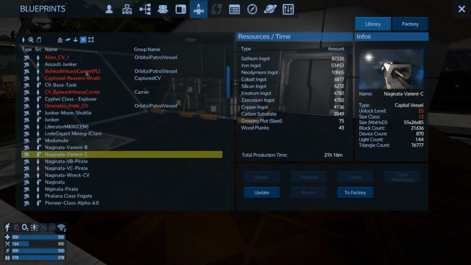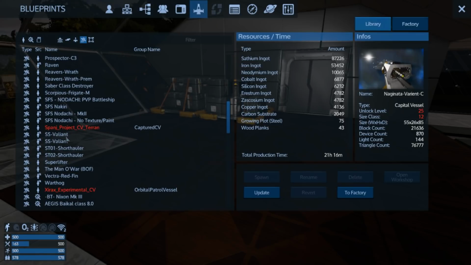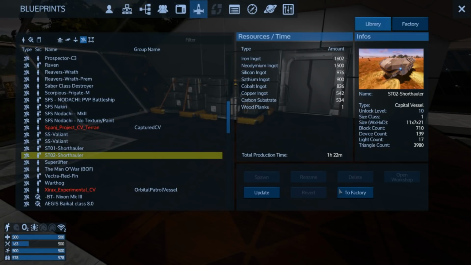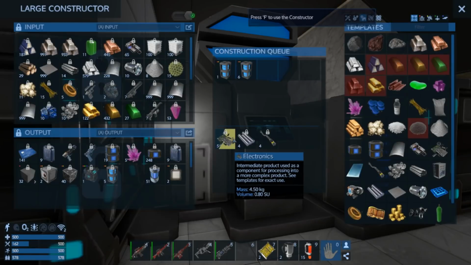Let me see actually. Can I afford... This would be a bit of a jump if I can. But that factory and that... bit ways off yet. Cobalt, copper, carbon substrate. The Neo, man. The Neo! God damn. Right, I'm going to have to go to the moon then. Well, actually...